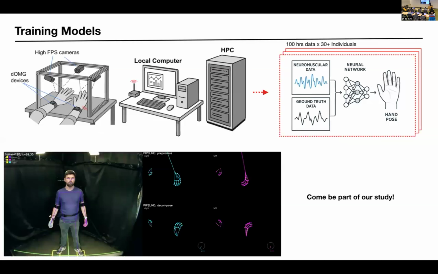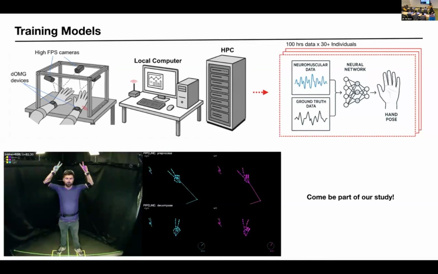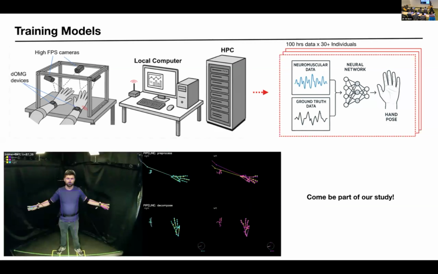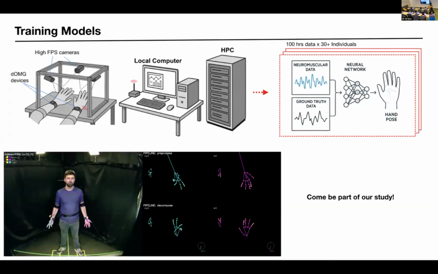Practically speaking, we have a lab, in building 62, not far from here. If you want to see it, I'm running a study, and you could contribute your data. You would stand in a room like this, this is me, and move around. There are cameras in the corners, with a computer vision model tracking where my hands are in space. I'm wearing neural interfaces on my wrist. I'm trying to build these very large models with lots of people, so that I can just put my device on a person, pick up those signals, and guess pretty accurately what your hands were doing.